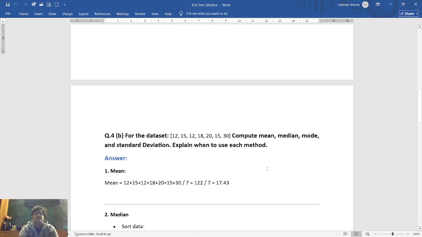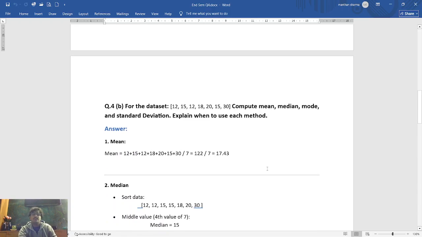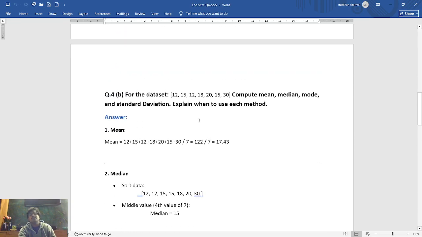Now moving on to the B part of question number 4. For a data set 12, 15, 12, 18, 20, 15, 30, we have to compute mean, median, mode, and standard deviation. So the mean of the data set would be the total,